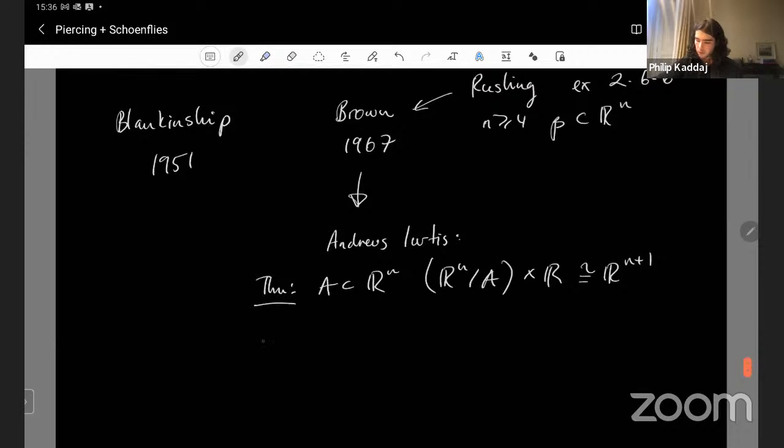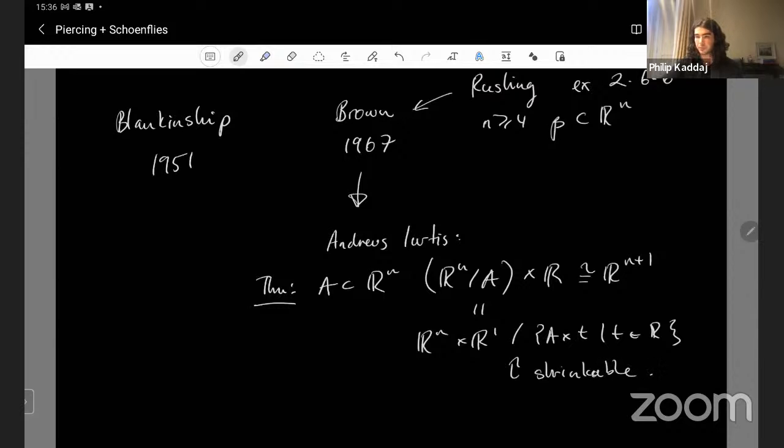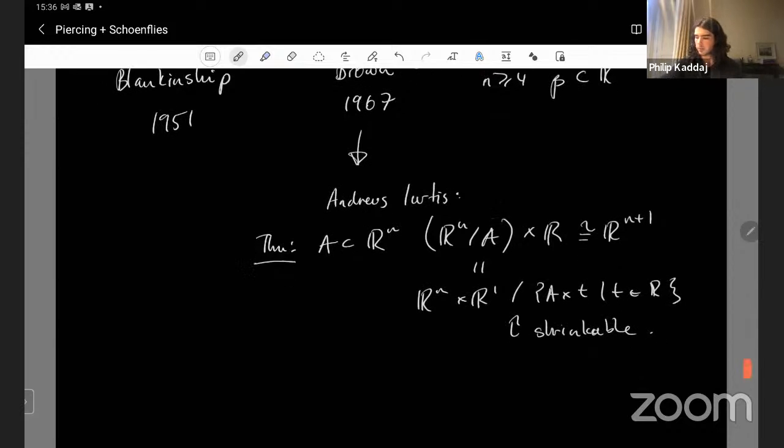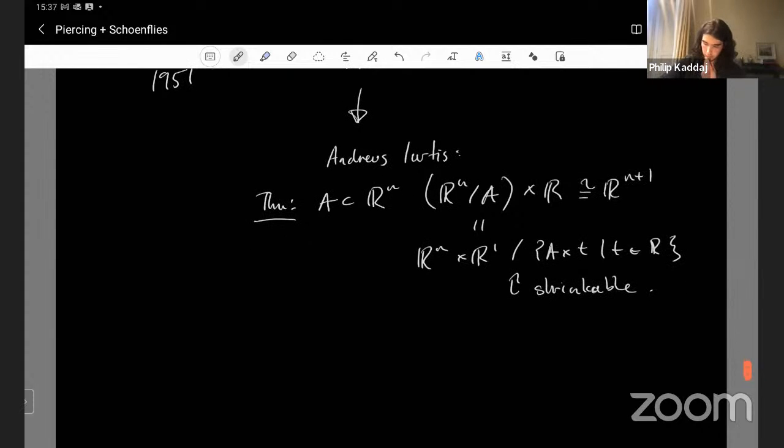The idea in this proof was to show that this is equivalent to the following decomposition of Rn plus 1, and this is shrinkable. I think that was the proof. So a corollary of this was that